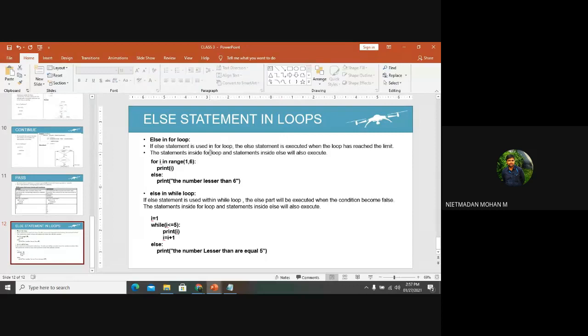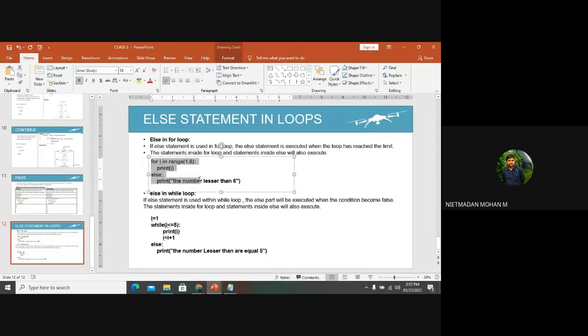So this is the last one: the else statement in the loop. We already discussed this, so I'll show you two examples.